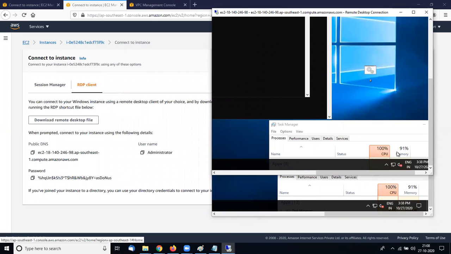If we set it for the network and the memory, then we require the memory utilization or the network utilization.